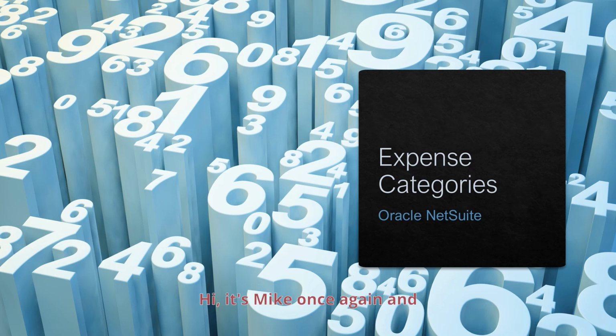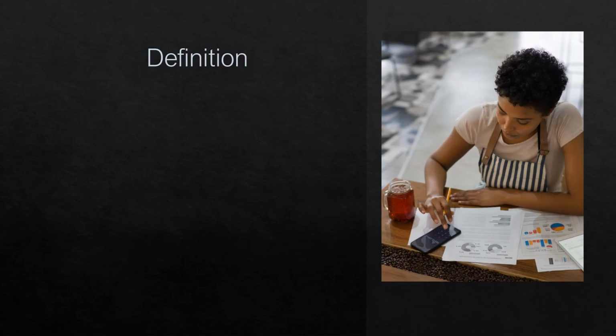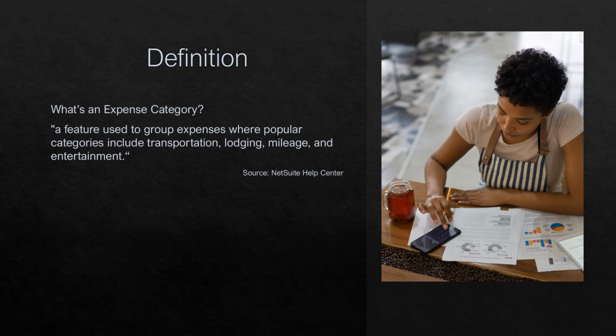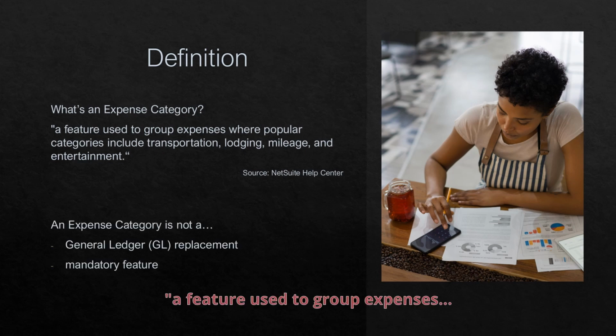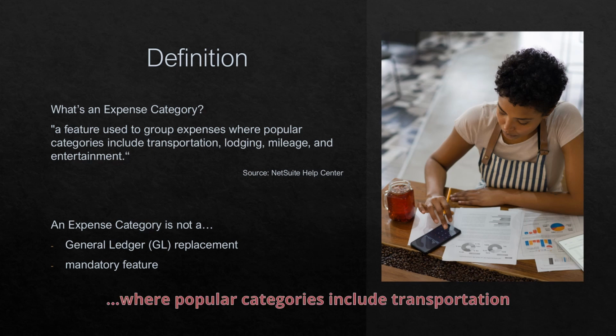Hi, it's Mike once again, and in this video, let's try to tackle NetSuite expense categories. What's an expense category? What's it for, and why would I want to use it? NetSuite documentation defines an expense category as a feature used to group expenses, where popular categories include transportation, lodging, mileage,